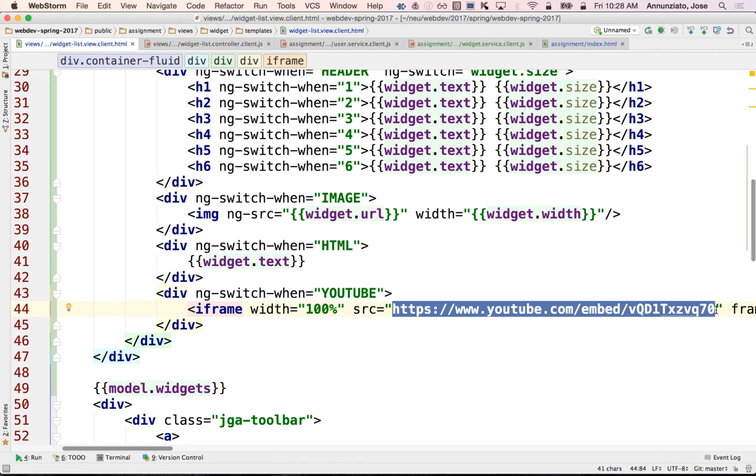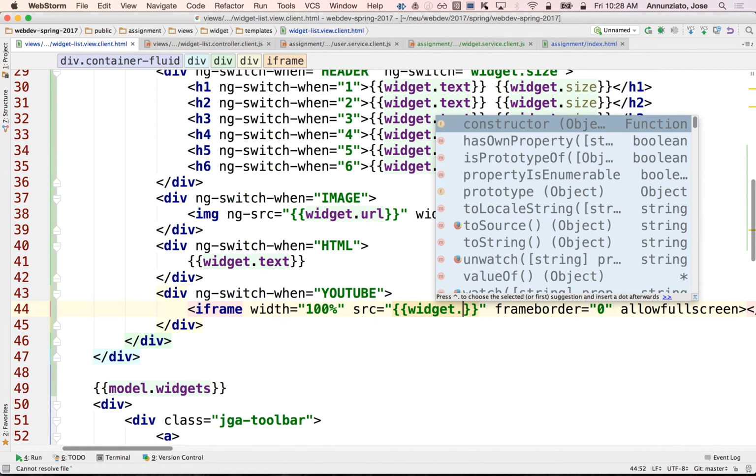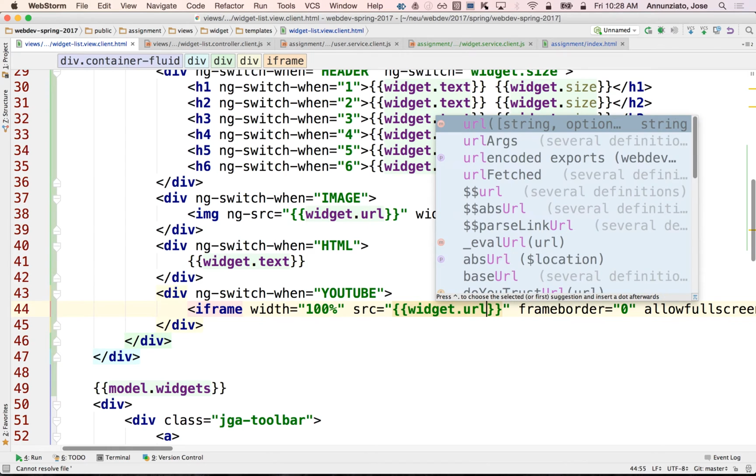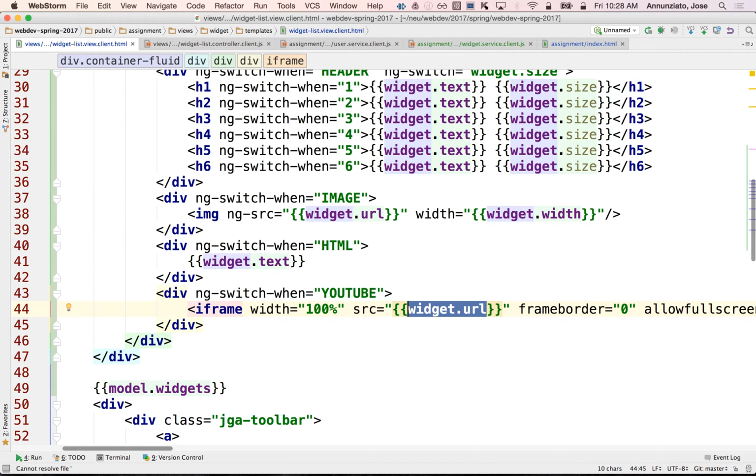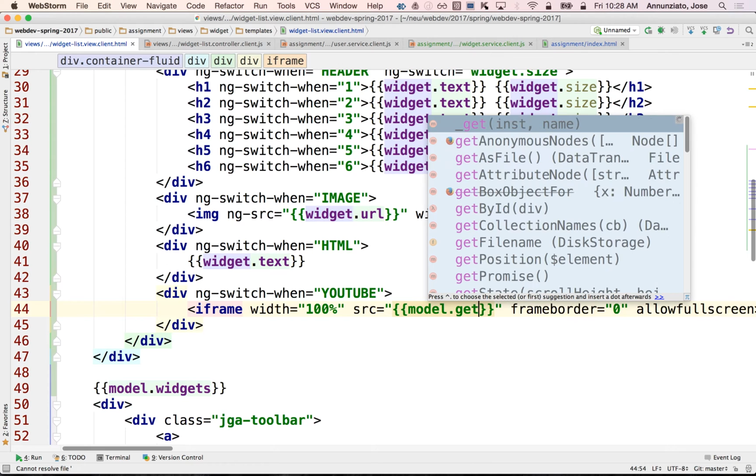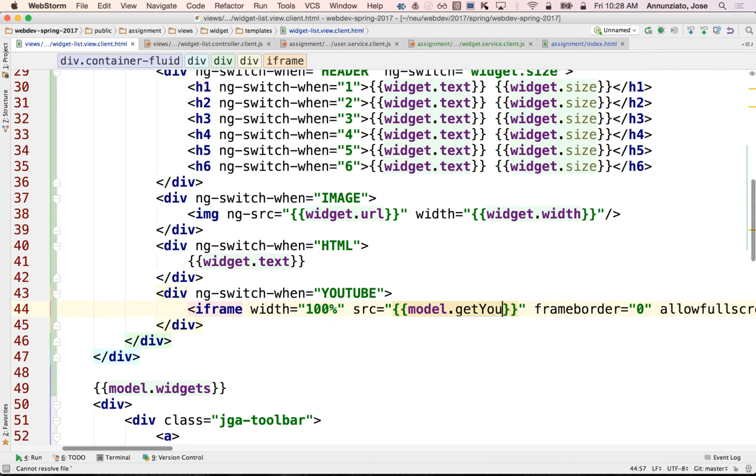So to retrieve this, it's not enough to say widget dot URL. It's not enough to do that because the URL is in the wrong format, right? It needs to be youtube.com/embed/ the ID, and what we have is youtube.be/ID. Yes? So it's not enough to do that. We need to go out maybe to the controller model. Get YouTube URL, okay, or embed URL,